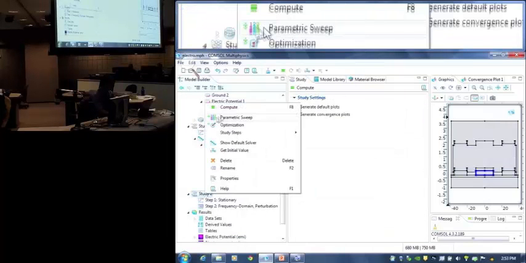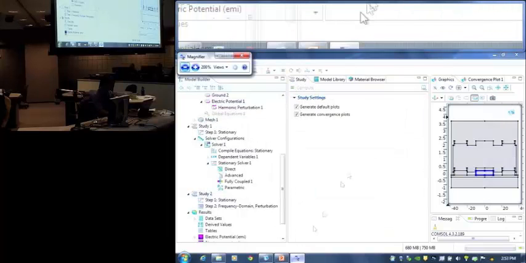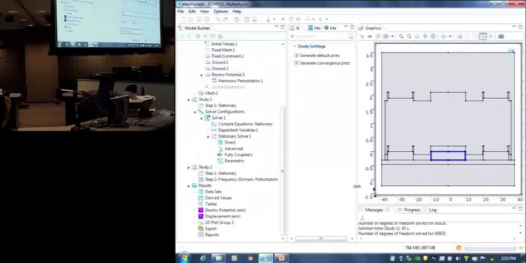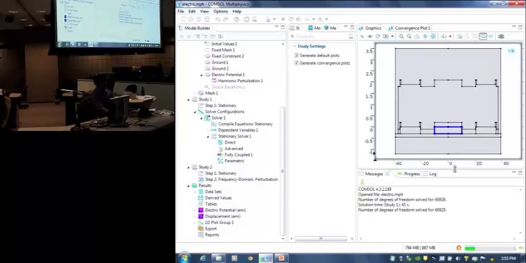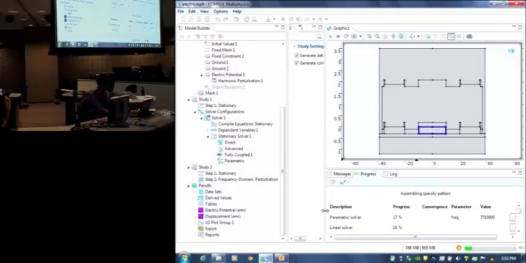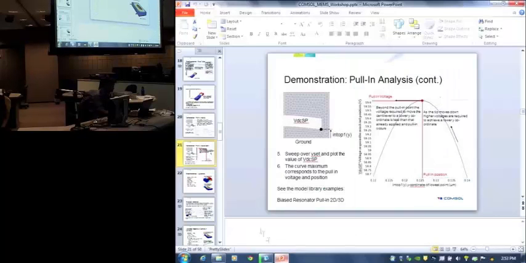And then you right click on study, choose compute, get rid of this magnifier. And this should be quicker than a stationary problem. Usually the stationary problem will be more time consuming than a frequency response type of problem, because frequency response is linear whereas a stationary problem can be nonlinear. While it does that,